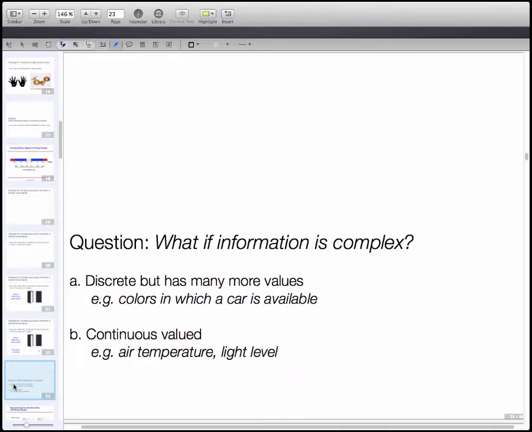But what about, let's say you are buying a car. The manufacturer has many different possible colors. They often have 10, 12 colors. How do we represent that? Let's say the manufacturer has 15 colors. Well, we don't have a 15-state computer. Our computers are designed to be binary. Or let's say I have